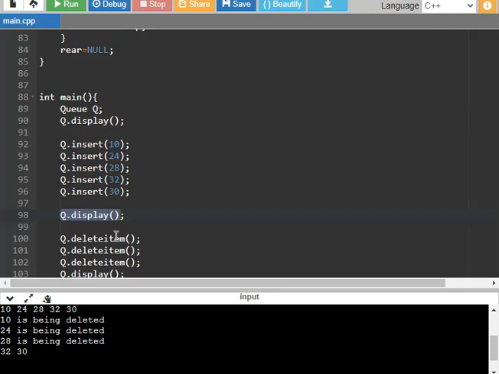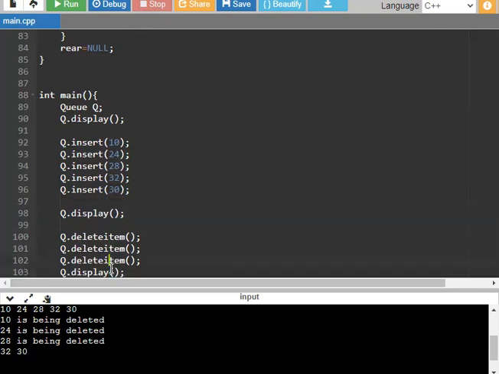then q dot delete item we have to proceed for three times. From q, the first element is 10, second element is 24, third element is 28, fourth is 32 and fifth is 30.